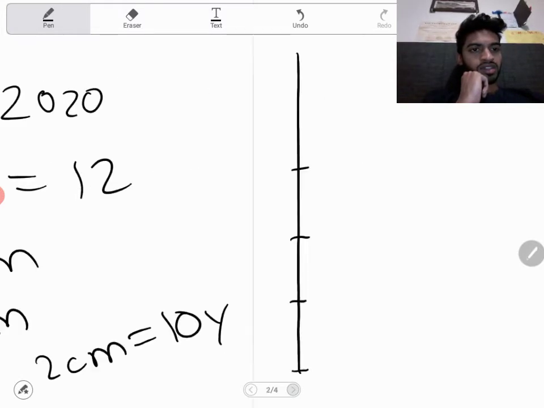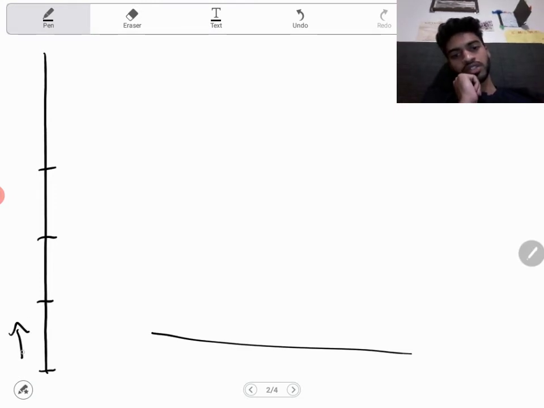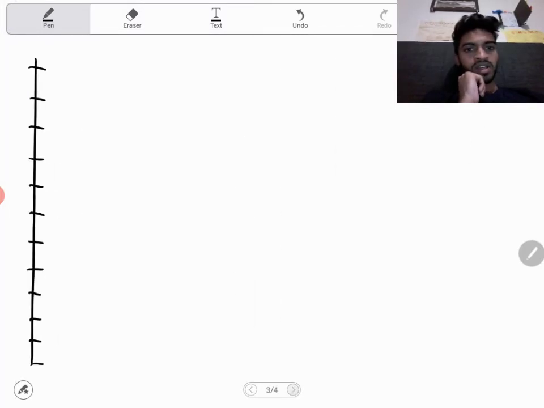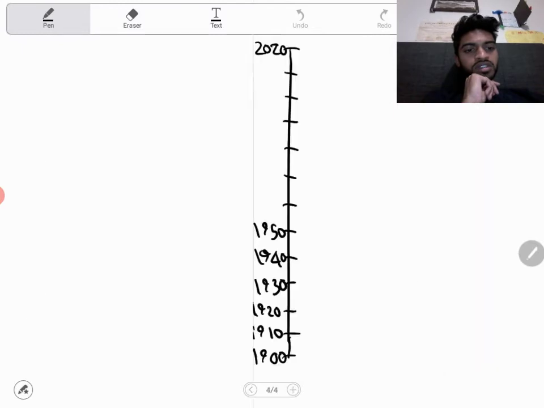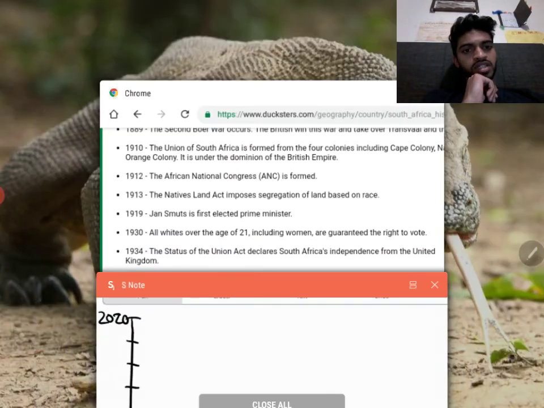Okay, so let's get started. Start with your vertical line, or you can have a horizontal line if you prefer. And then make sure the spacing between them is 2 centimeters. And then you need 12 of them to cover 120 years. Start off with 1900, climb all the way up to 2020,